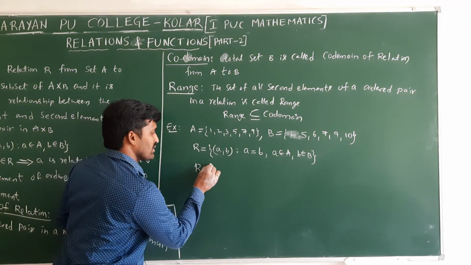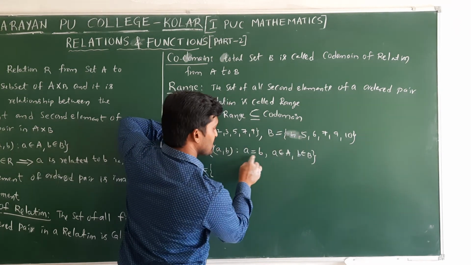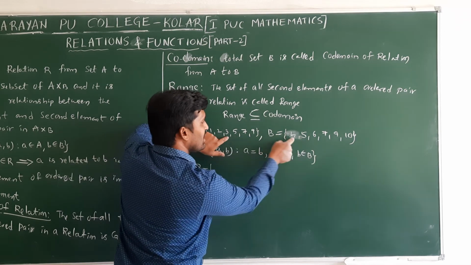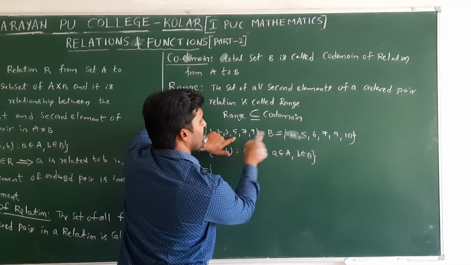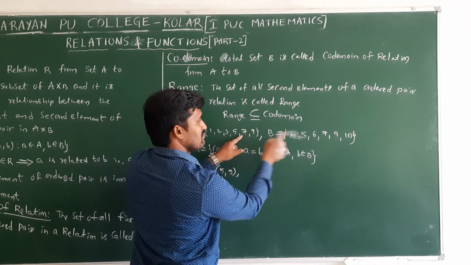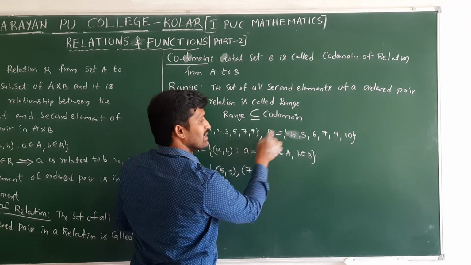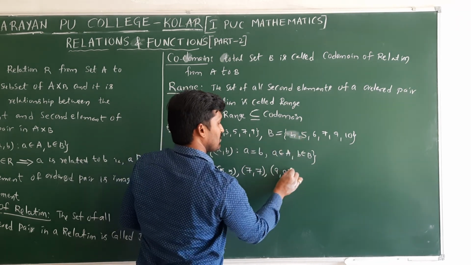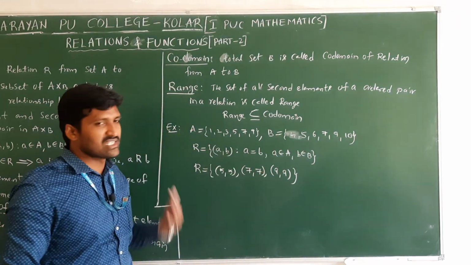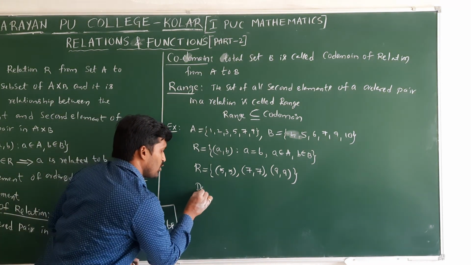Now to build the relation, see once. 1 is there here; if you take 1 here, 1 should be there because a equals b. Not there 2, not there 3, not there 4, not there 5 yet is there. 5 comma 5. 6 here is there but here not there. 7 yet is there: 7 comma 7. 9 yes, it is there. 10 is not there here. Only these three ordered pairs satisfy this relation, and you are not taking the remaining ordered pairs. That's why from this we can write the domain.